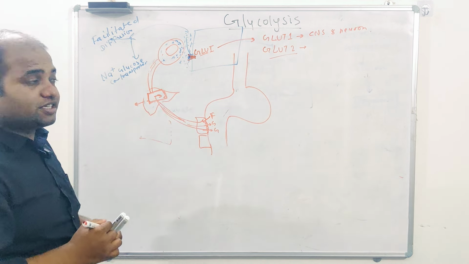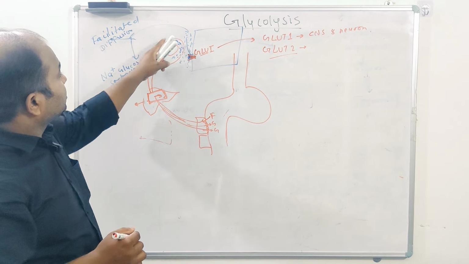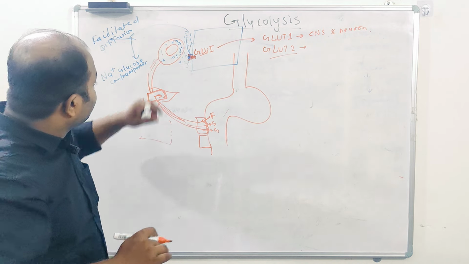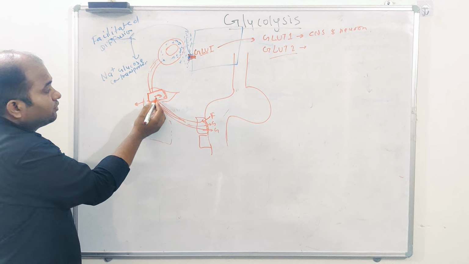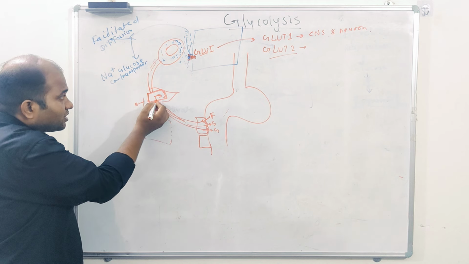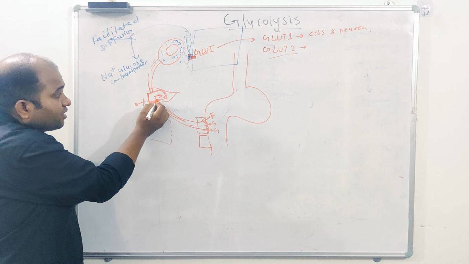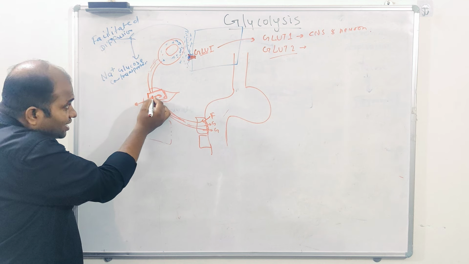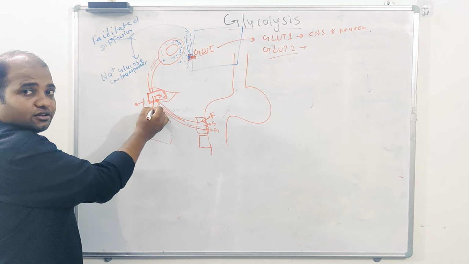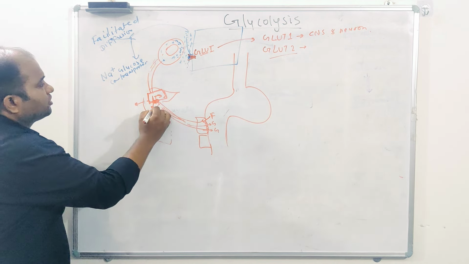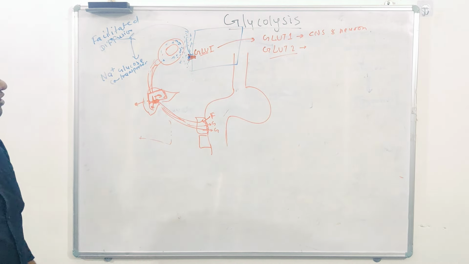But when you are in the fasting stage, you know the systemic circulation blood glucose will start coming down. Once it starts coming down, what will this hepatic cell do? This stored glucose, in the form of glycogen, will break down into glucose, and it has the capability again. The transporter will be present in this membrane, and it helps this transporter to get that glucose from inside to out, right? Once it comes out, it will be released into the systemic circulation. So this is the two-way.